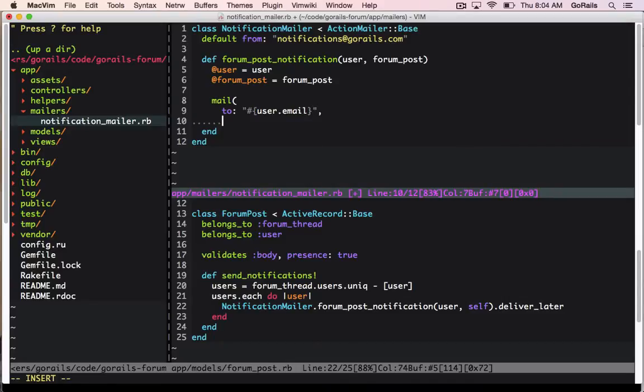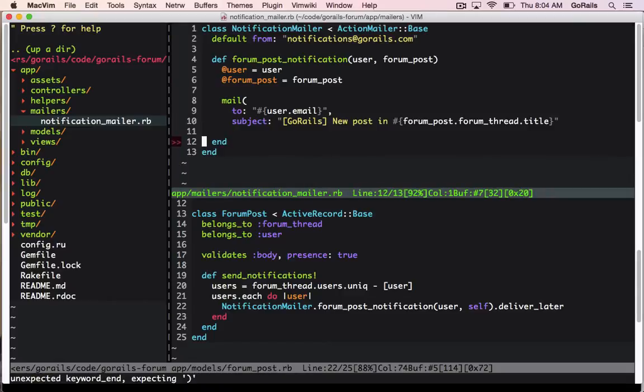The default from is already set, so we don't need to specify a from inside here, but we can set the subject as, Go Rails, new post in, and we'll put the forum_post.forum_thread.title in there,